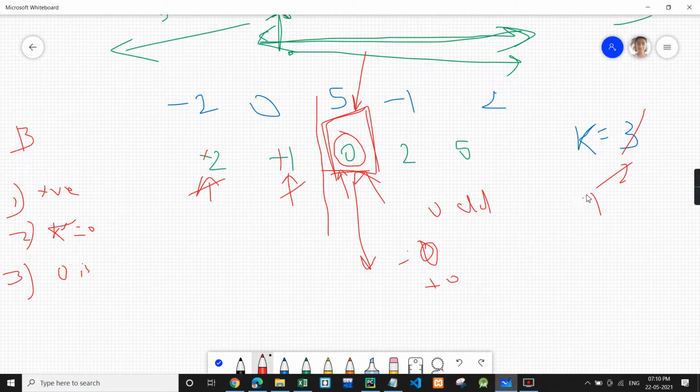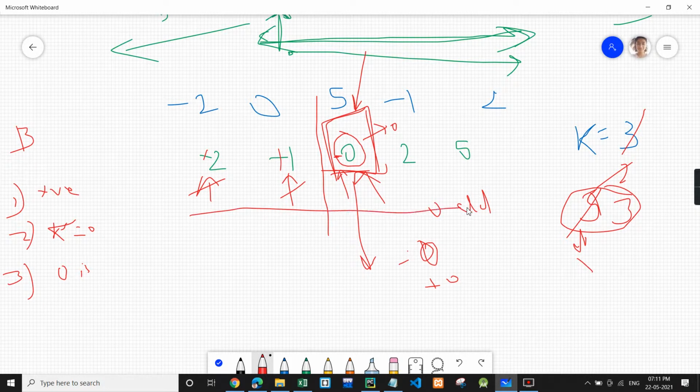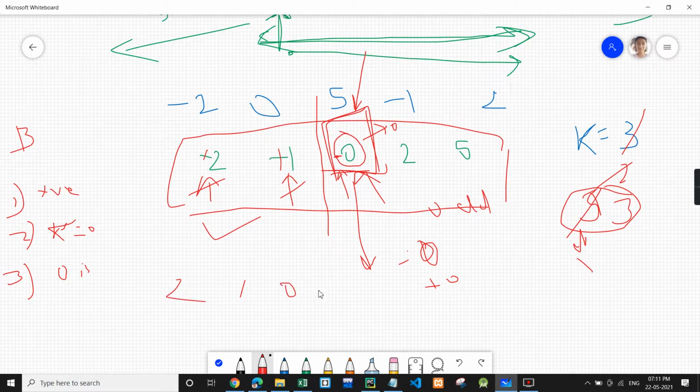So even if your k is 5 or k is 3, if it's odd you have to do only one modification. Even if you do -0, it will be 0 only. So when this case arrives, you just simply take the sum of the array again, and this will be 2 1 0 2 5, the final array, and your output will come out to be 5 plus 2, 7, and 10. So this will be the output.